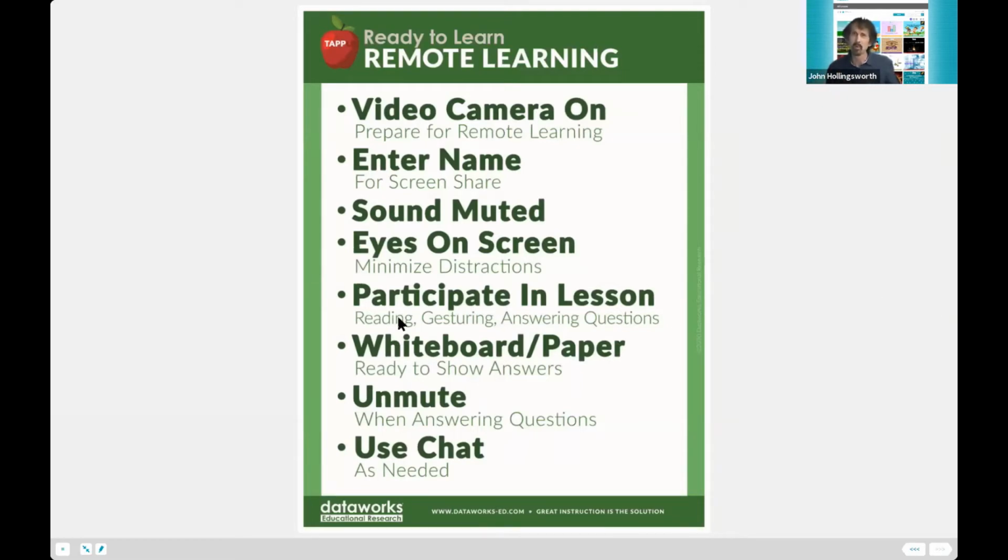We've done some choral reading. We've done some gestures. We did these, and I expect all the students to be doing that. Eventually you have to train your students and get them to do it. Joel, when we did this last week, one class participated, and in the other class almost none of the students were participating. I could tell they weren't trained. The teacher now said, we're going to read, we're going to show thumbs up, down, we're going to show whiteboards. So make sure your students are all trained to do these things.